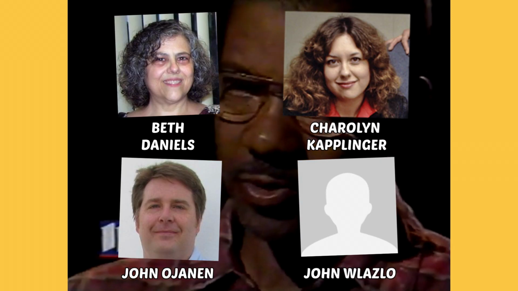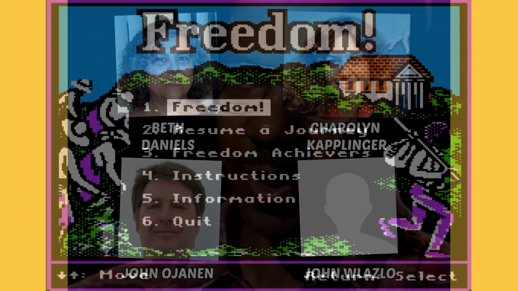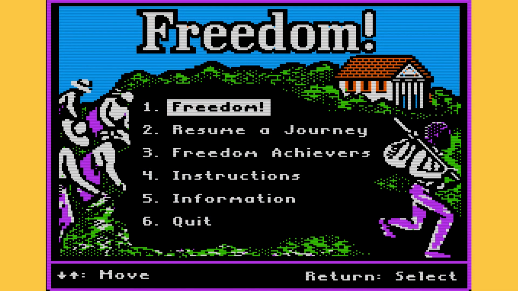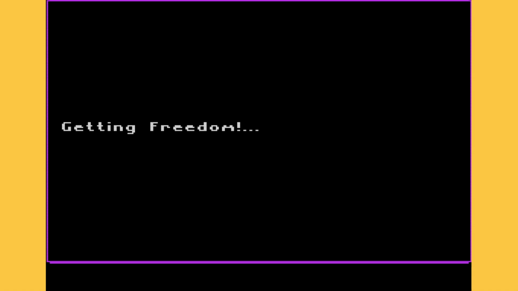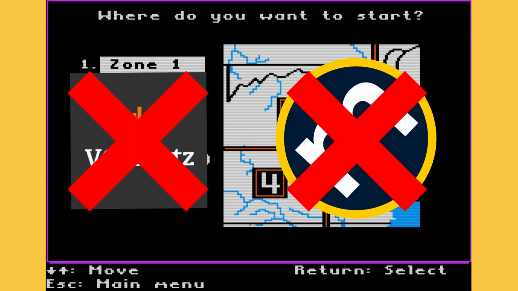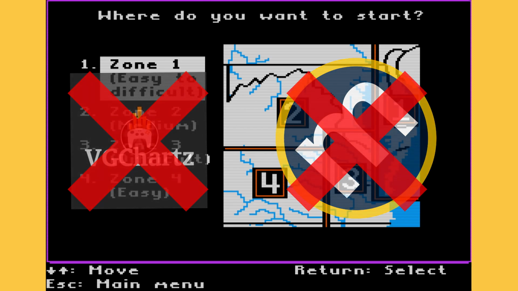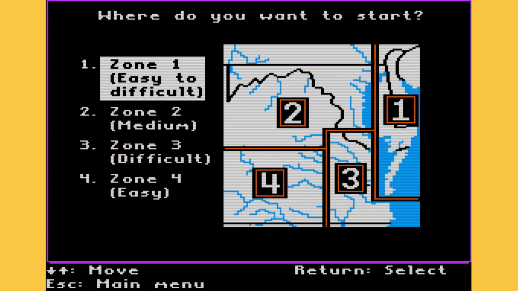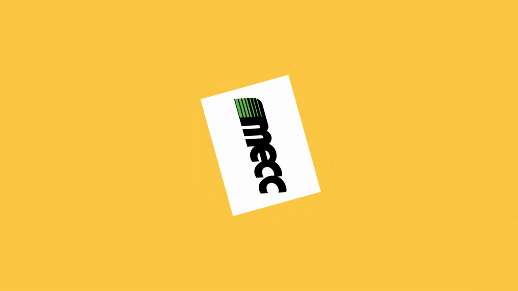With a few other longtime Mech team members chipping in, Freedom was eventually released for Apple II computers in late 1992. Again, I couldn't find any sales numbers or even reviews of the game, but, well, I guarantee it did see some kind of reception indeed. So we've gone over Mech's history well enough by this point, right?